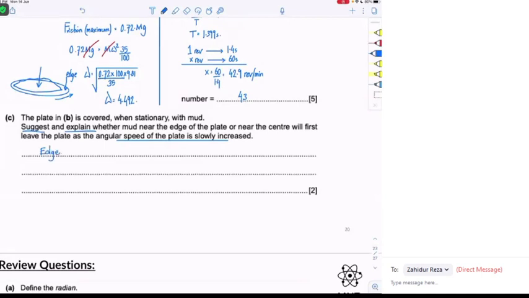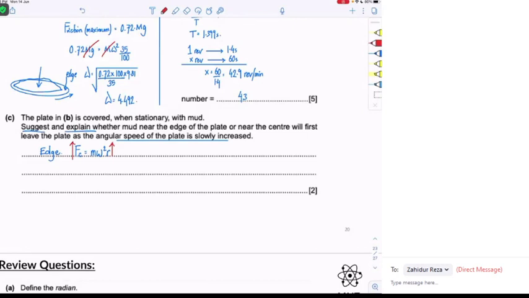Now why is it like that? So let's give it a mathematical approach. So we know that centripetal force is equal to m omega square r, right? That's the centripetal force. So for the objects that are very far from the center, the centripetal force needed is supposed to be very high, right? মানে যেগুলো যত দূরে থাকে ওদের বেশি centripetal force লাগে,